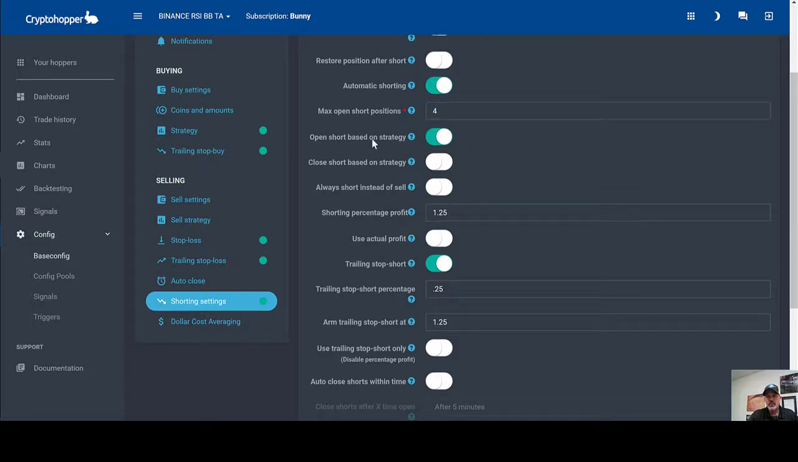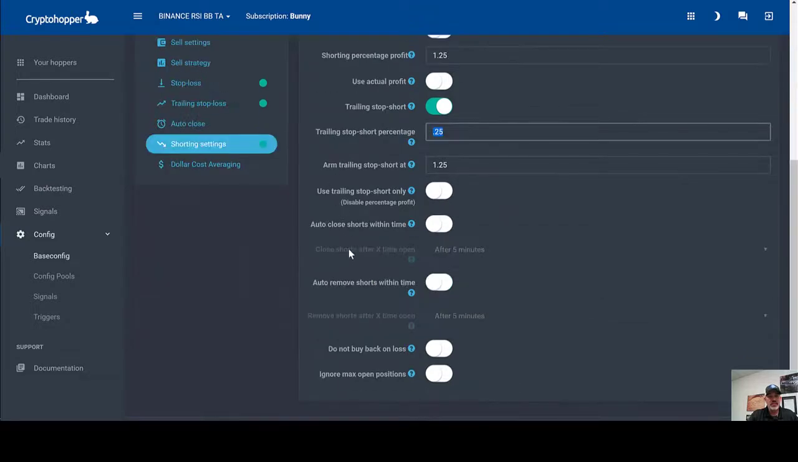The open short based on strategy, the close short based on strategy is not how we actually close it. We're going to close our position based on a percentage of profit, and more so with a trailing stop short. So what we've done is enabled the trailing stop short. We want it to arm when it hits 1.25%, and we wanted to go ahead and follow that down, and once it retraces 0.25%, go ahead and close out that position and place a buy order. And then the rest of these settings we don't actually enable, and so far with these settings we've actually been able to get the